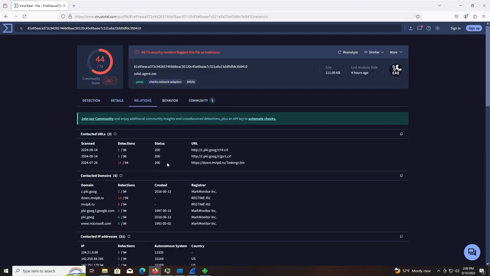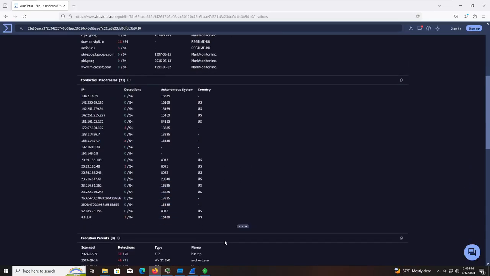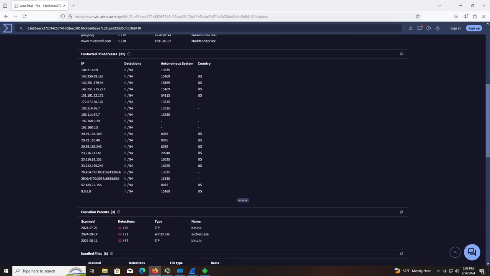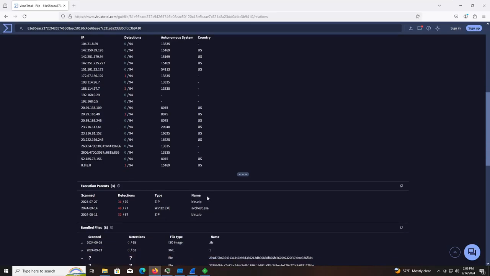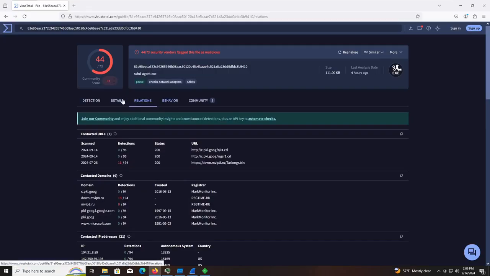But let's take a look at its relations. And this actually also reaches out to taskmanager.bin. It's the same down.mvip8.ru. And I'm not seeing anything else malicious. Not anything new. I mean, obviously there's other malicious things here, but I'm not seeing anything new. There's two bin.zips, and they seem to be different. But other than that,